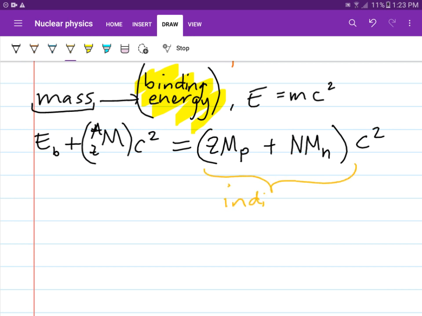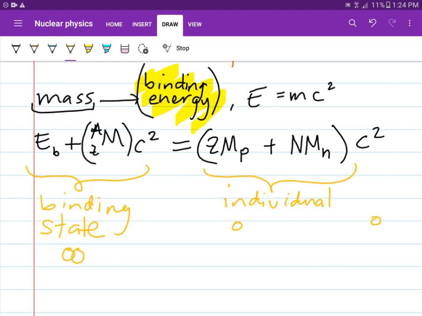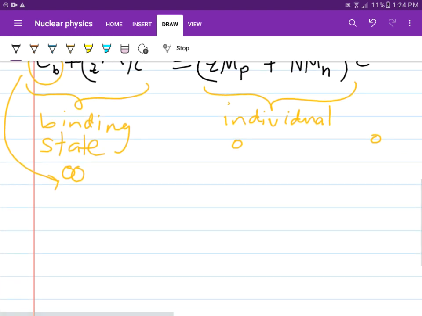You can think of this as the individual case wherein the proton and the neutron are not together inside the nucleus, and this is the bound state, wherein the proton and the neutron are combined together inside the nucleus, and there is an extra energy needed to combine them. So isolating E_B, we have